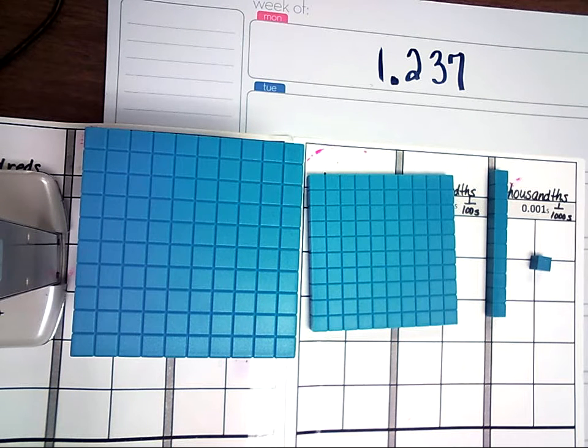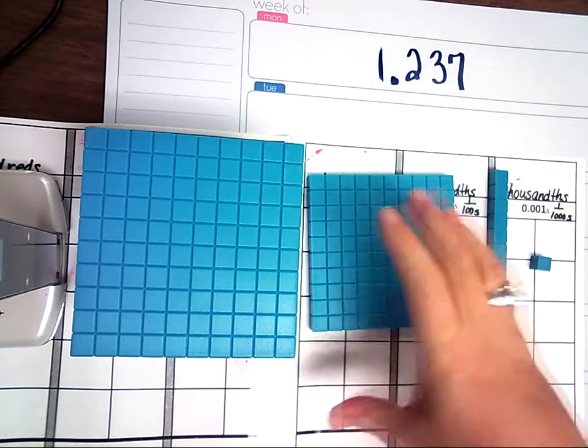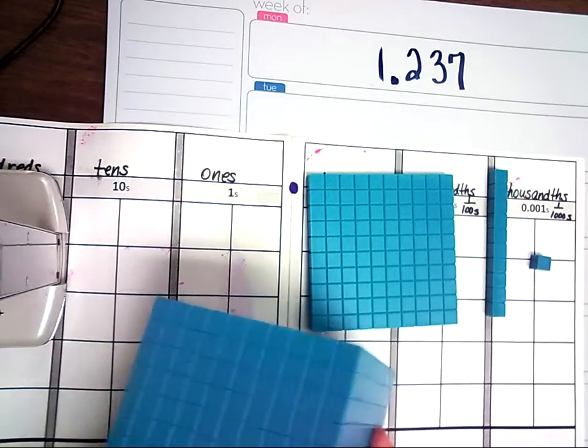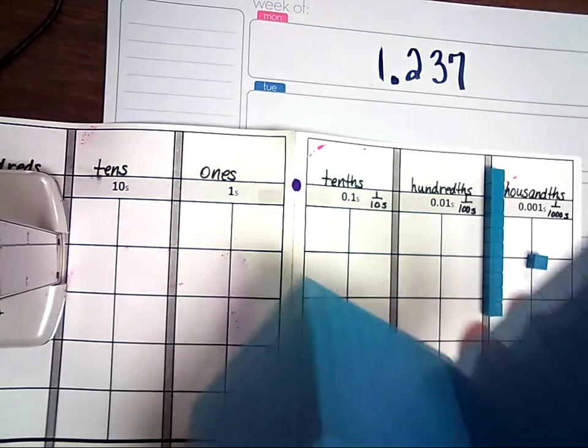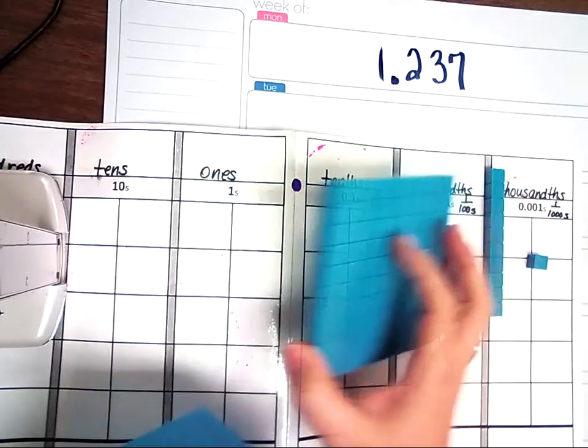The students need to be flexible with the idea of one whole, because it could be one large pizza, or one pencil, or one small pizza, as it were. And a third of a large pizza is not the same as a third of a small pizza, etc. So they do need to be flexible with the one whole, and this is a great way to do that. Just have that discussion: this is one whole, and there are 10 of these inside of that one whole,